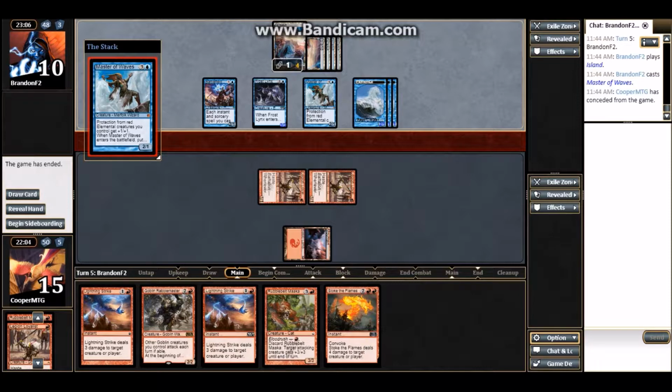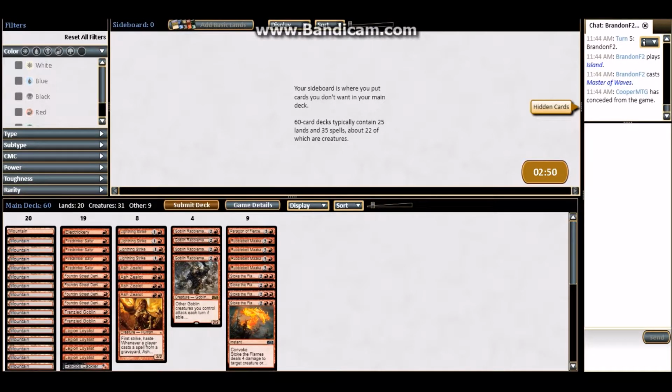So if I were sideboarding here, I'd definitely put in either all the Scouring Sands or all the Electricities I had, but really just put this together quickly, and definitely would probably take out some of the Lightning Strikes. Actually, I'll probably leave the Lightning Strikes in, take out the Ash Zealots,